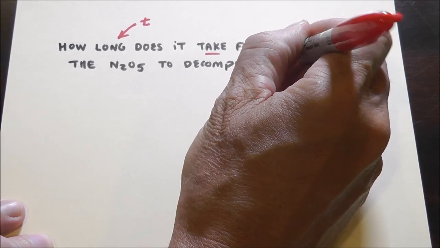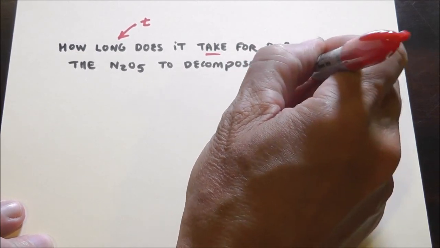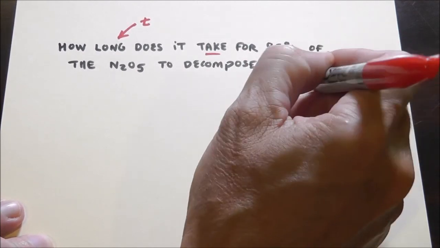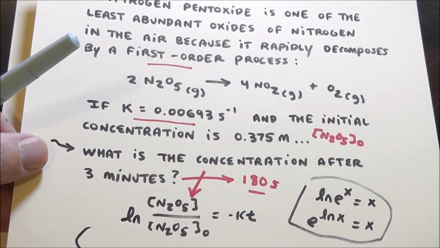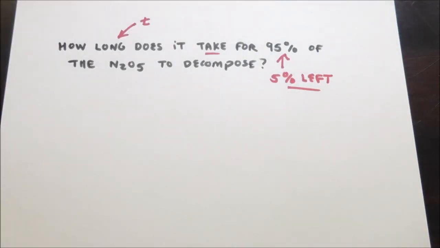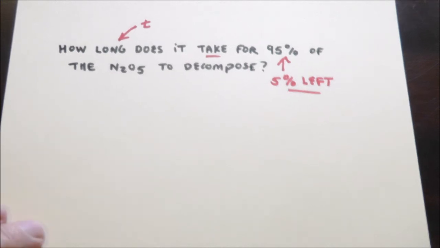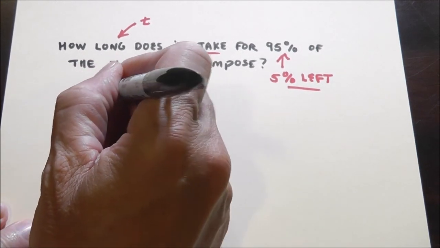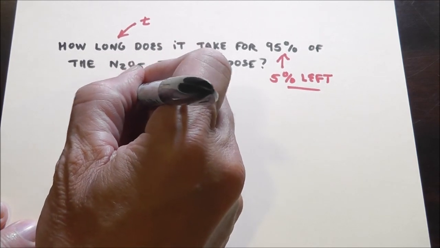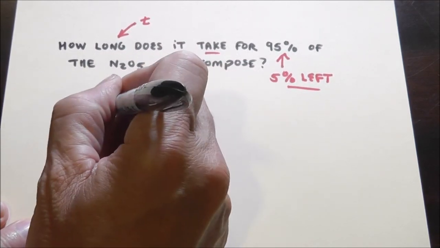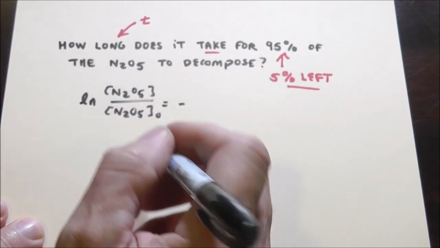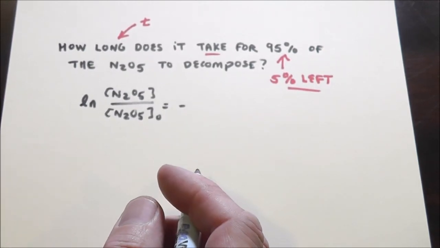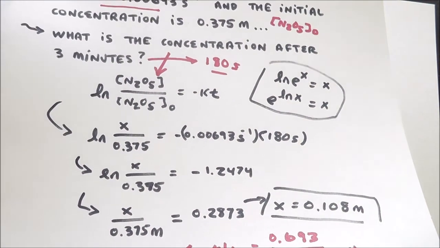Don't let that kind of thing fool you. 5% left. That means 95% of it has decomposed, and this would be an extension of this problem. And before we get going with the k, here's what I'm going to do. I'm going to plug it in to the equation, which is natural log of concentration N2O5 divided by concentration of N2O5 initial equals minus, now they gave us the k in the previous example, and it is minus